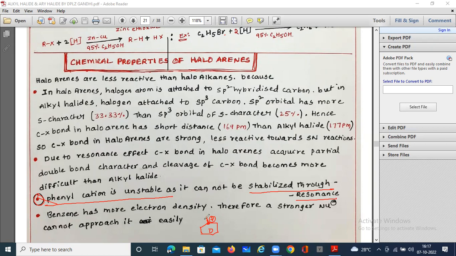Next, the benzene ring has more electron density. So therefore it can be a stronger nucleophile than haloalkanes like CH3, CH2. This is also R and this is also R. So which one is the stronger nucleophile? This one, because the benzene ring has more electron density. Clear? So that's why it cannot be approached as easily. Next,